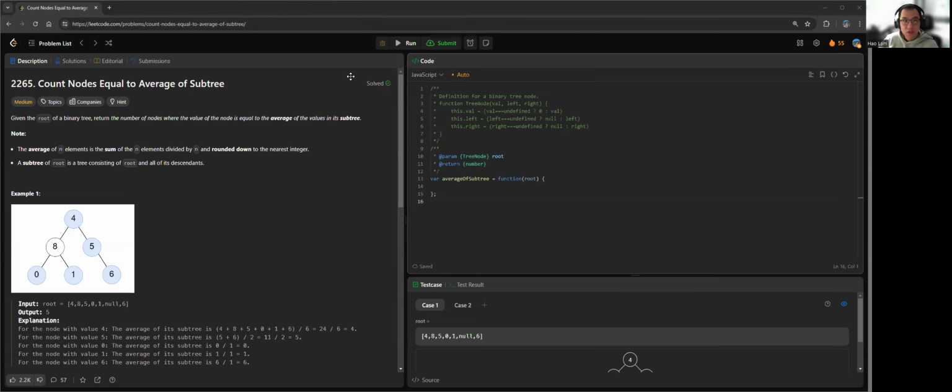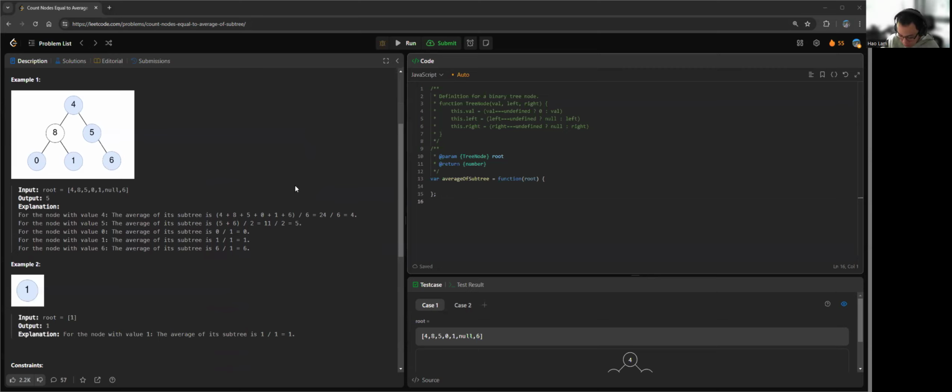So we need to count the nodes that are equal to the average of the subtree. Given the root of a binary tree, you need to return the number of nodes where the value of the node is equal to the average of the values in its subtree. So in the example right here,